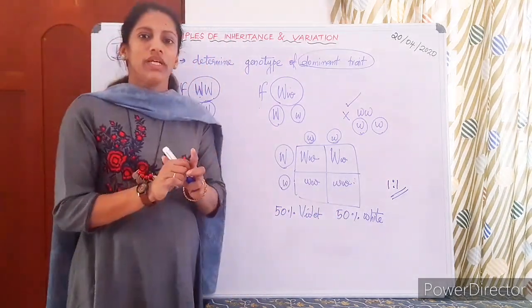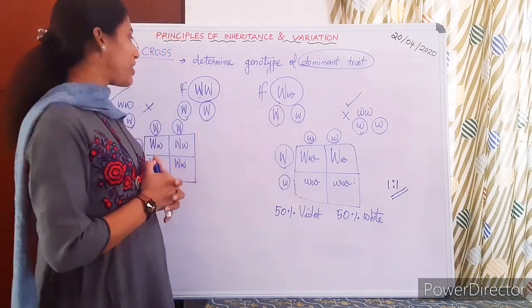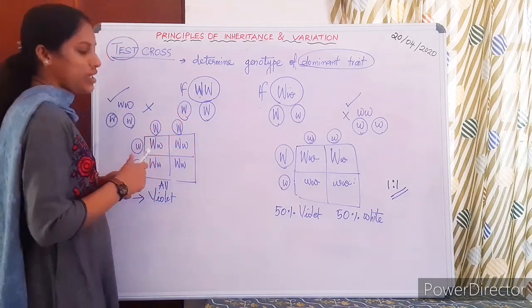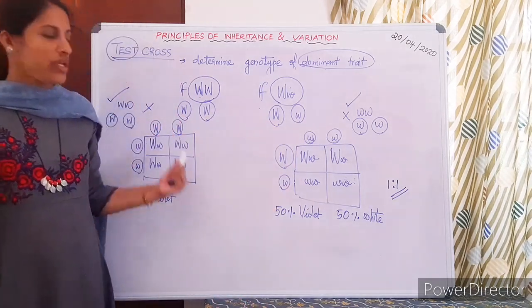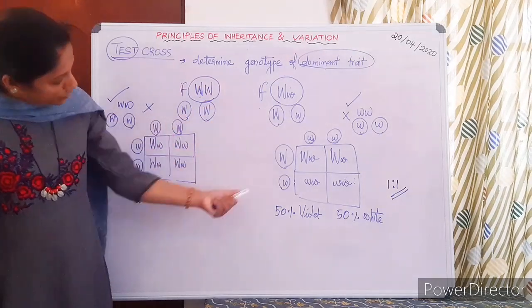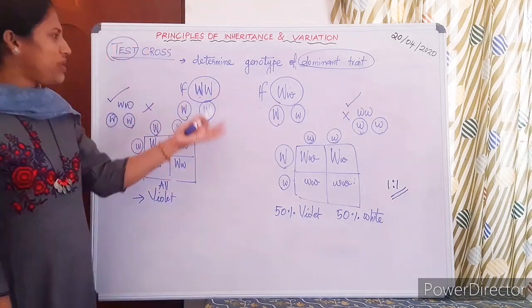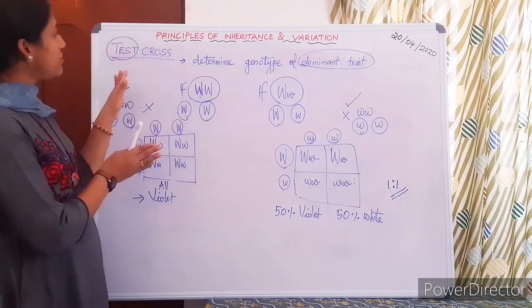Similarly, there is a test cross for dihybrid also. We can carry out a test cross for dihybrid ratio also. Okay, this is clear, I think. Anyway, the same figure is given in your textbook. If you have any doubt, you can ask me. It is simple, but in the diagram it gives a little bit of confusion. So the sense is only this one.